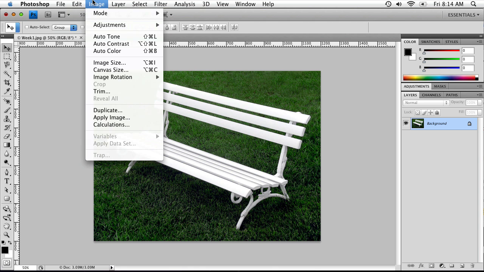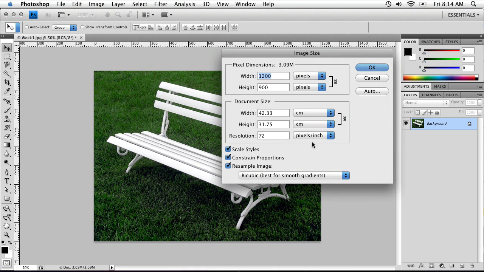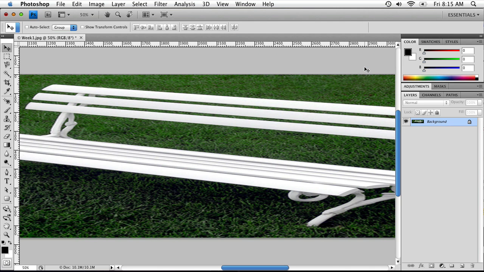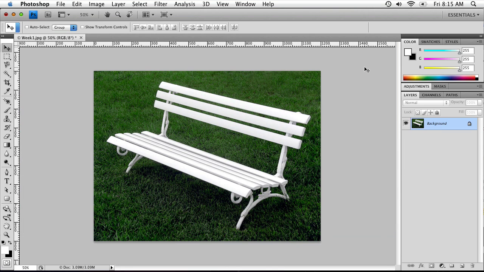One other thing you should take note of, if we go back to our image size dialog box, is constrain proportions down at the bottom. If we have an image which has the ratio of 4 by 3, anything we increase in either the width or the height will constrain those proportions. But if we take constrained proportions off, we can increase the width or the height without affecting the other dimension. But as you'll notice, if I click OK, it makes the image very wonky. It distorts the image a lot. Whereas if we keep constrained proportions on, the image will retain the same proportions, making the image look somewhat